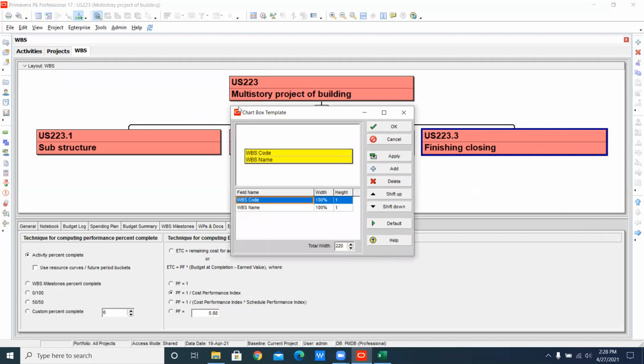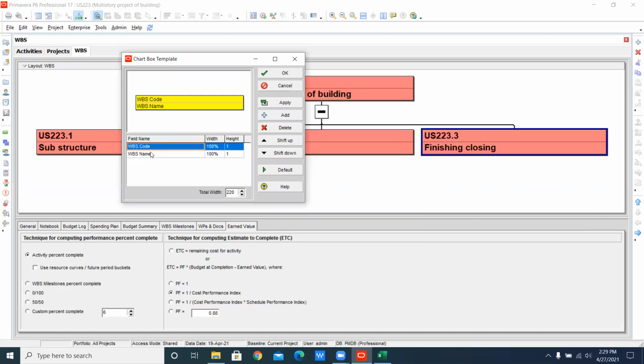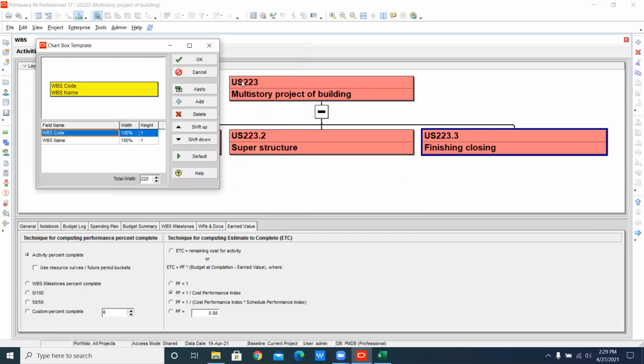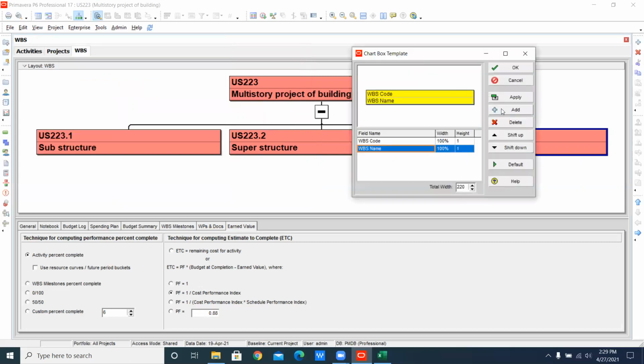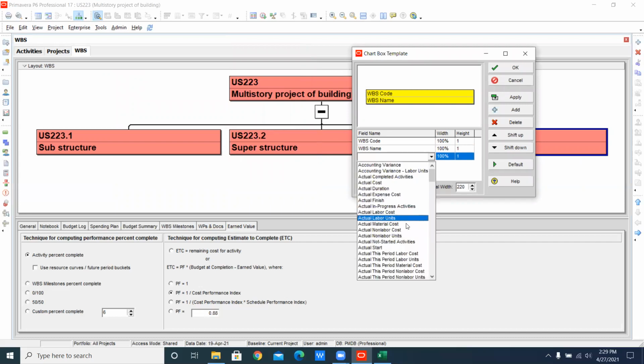After you go to customize, you will see the WBS code on the top and the WBS name on the bottom, that is multi-story project of building of USA, United States of America. Now again come to add. When you add here, you will see that multiple things have been added under that. If I start discussing one by one, now I start discussing some of them.